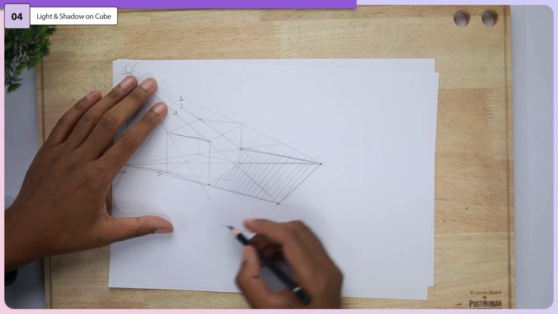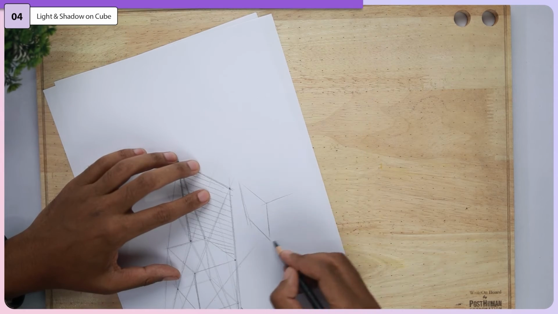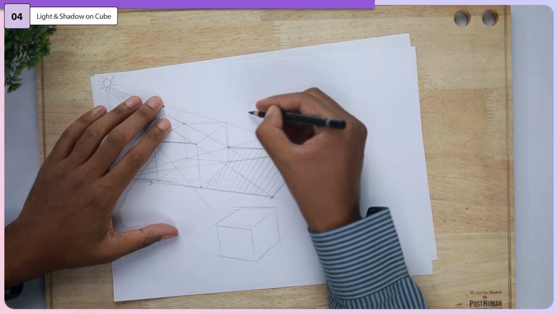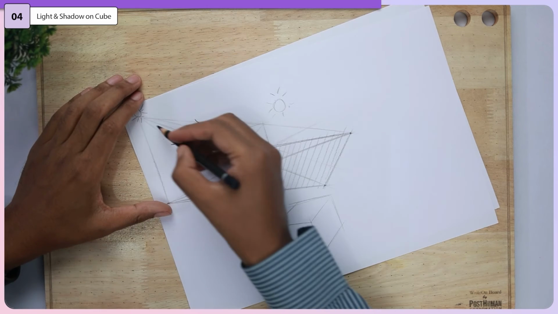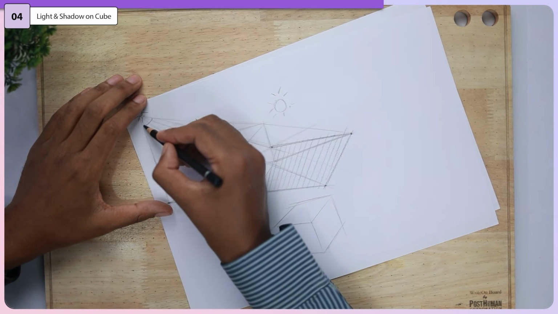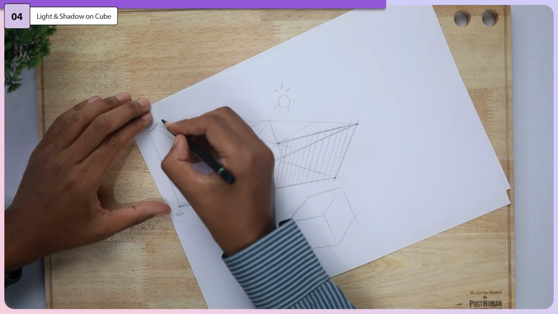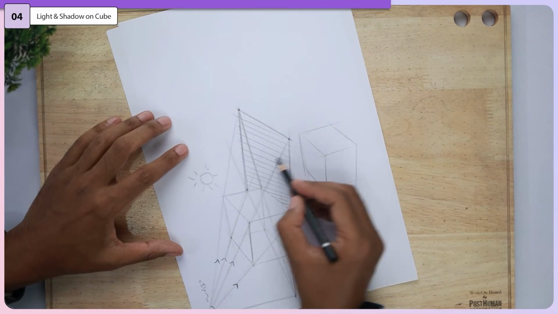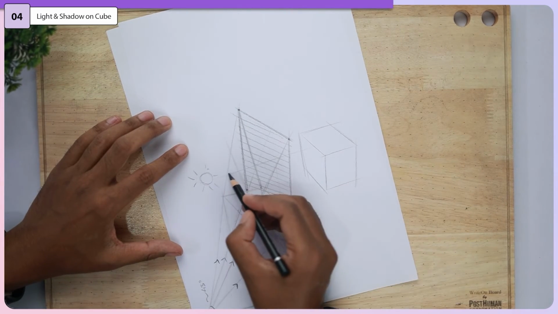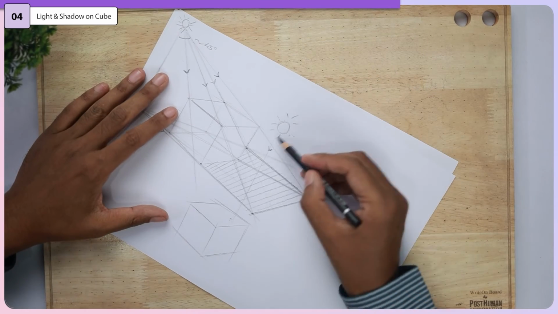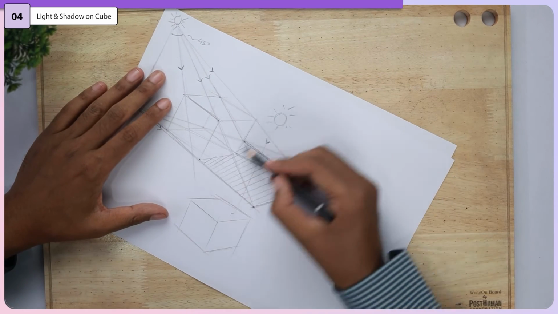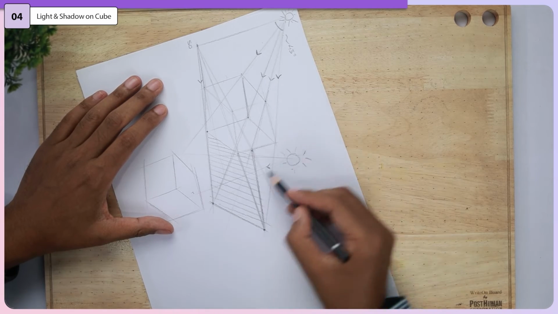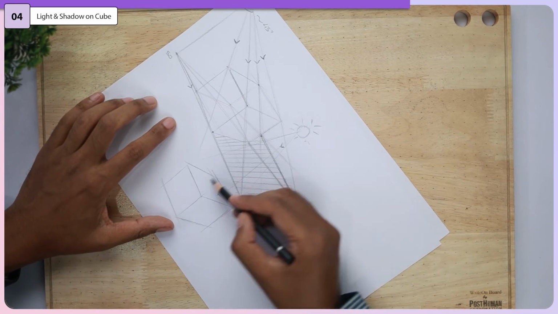So I'm going to use the same perspective of the cube. So let's assume that the light is on top of the surface. So in this first example, if we construct this angle, so this is at a particular angle, maybe approximately close to 45 degree. Now in this case, the light direction is 90 degree to this top surface. Again, taking the same example as the example before. So light rays are going to diverge from this source of light and going to hit all these corners.